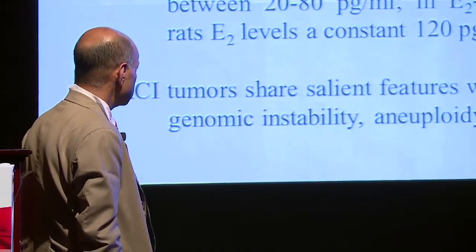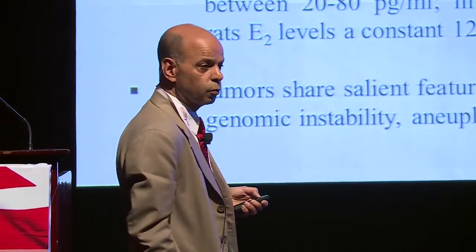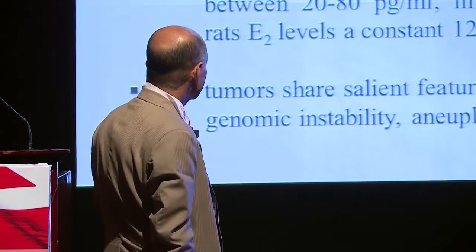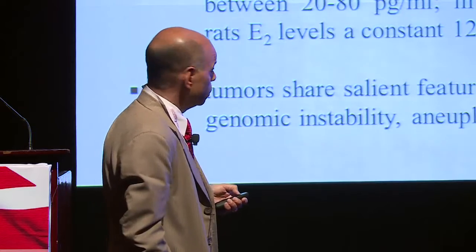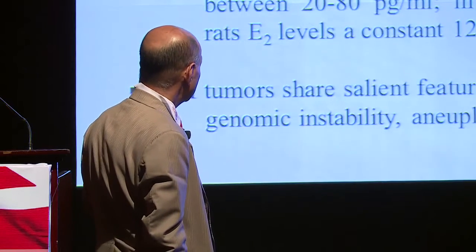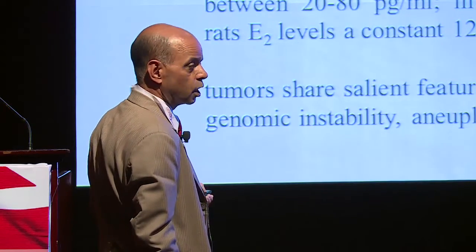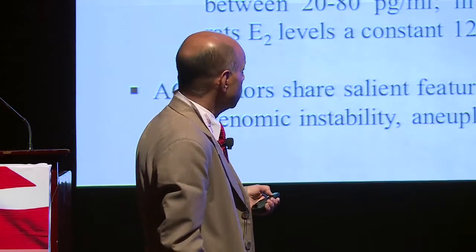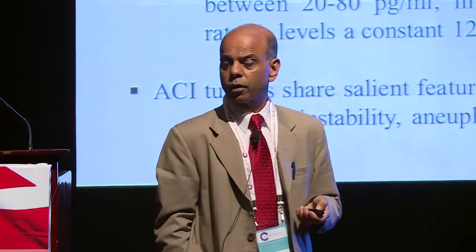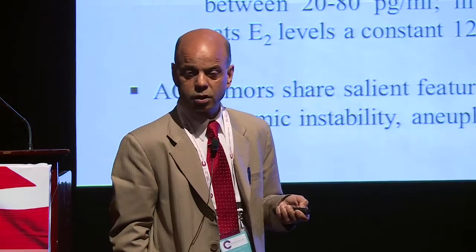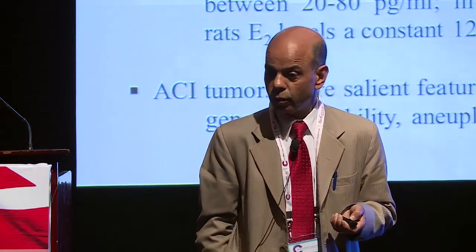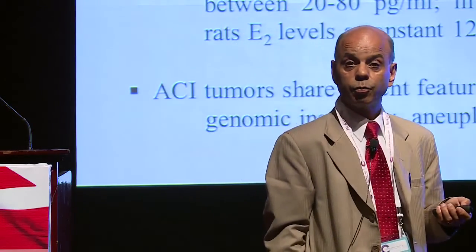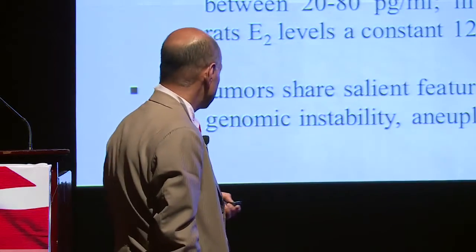This slide lists some of the salient features of this model: no spontaneous mammary tumors are produced, and the tumors develop. First, you see ductal carcinoma in situ, and then adenocarcinomas, and the tumors develop after about 6 months after you give the estrogen, 3 milligram estrogen. Only 3 milligram estrogen is given as a subcutaneous implant, and the tumors develop in about 6 to 7 months.